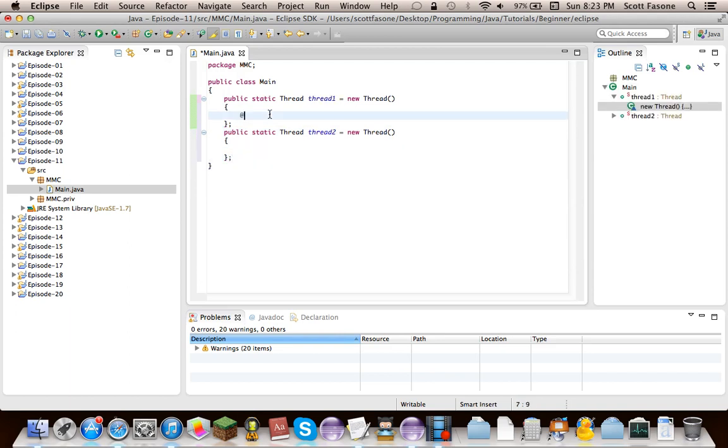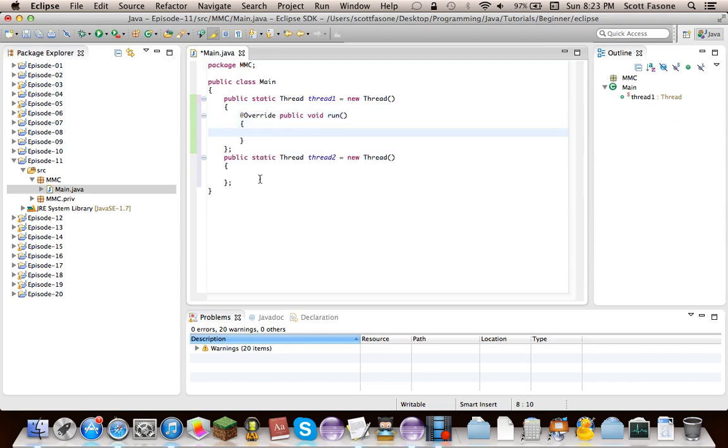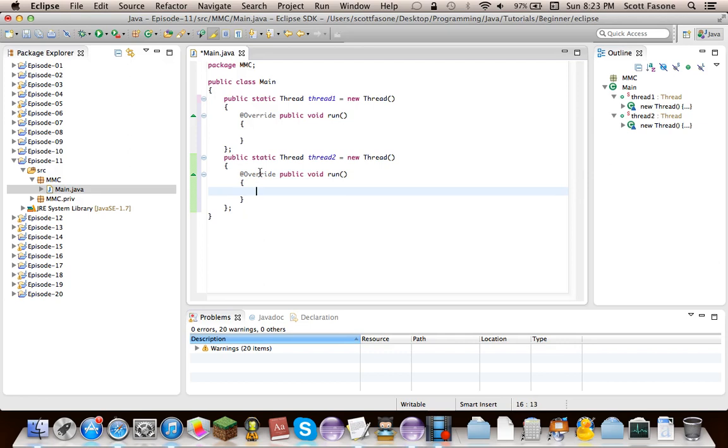So what I can do in here is spell things correctly and give it its own run method, because threads are all about their run methods. Now today we're going to be dealing with concurrency, which is about waiting and notifying and synchronization and a whole